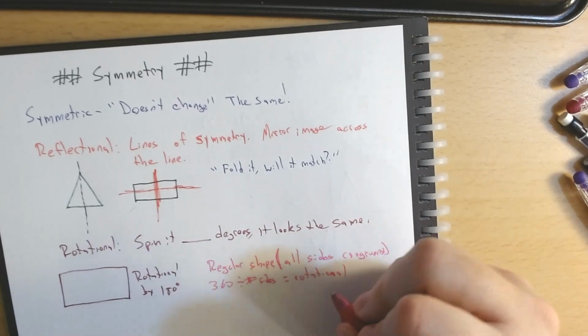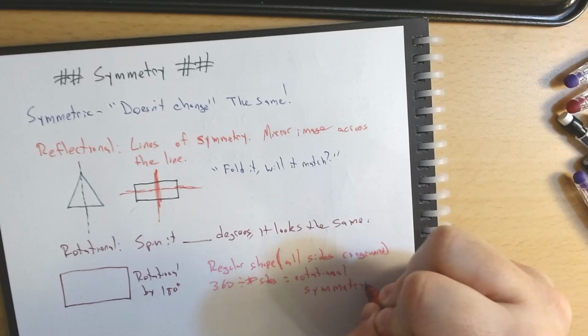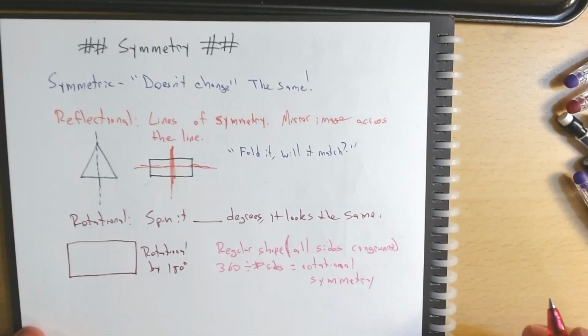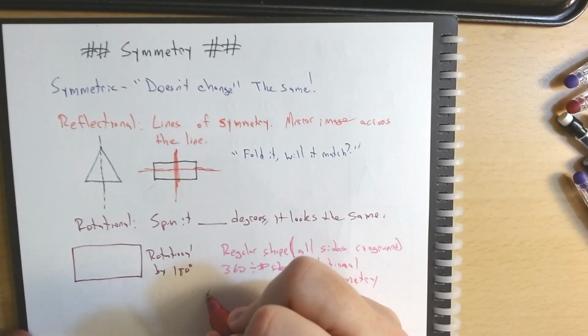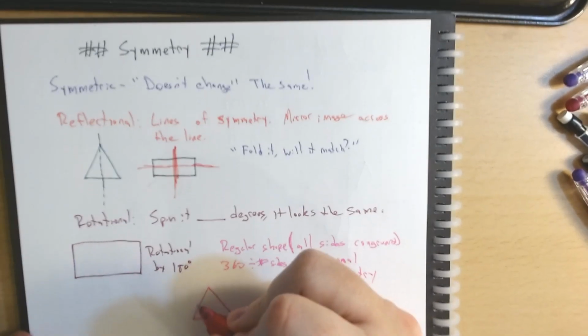Basically, if you had a perfect equilateral triangle,